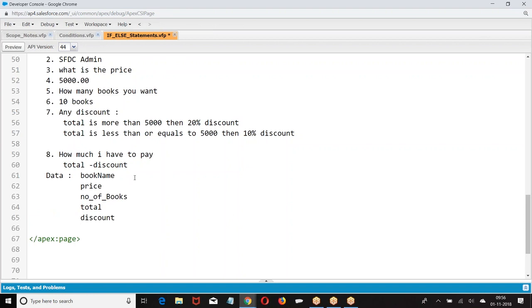Now book name, SFDC Admin. It is going to be what? String. Price I told 5,000. It is going to be decimal. Number of books I told 10. Integer. Total is calculated from price and number of books.